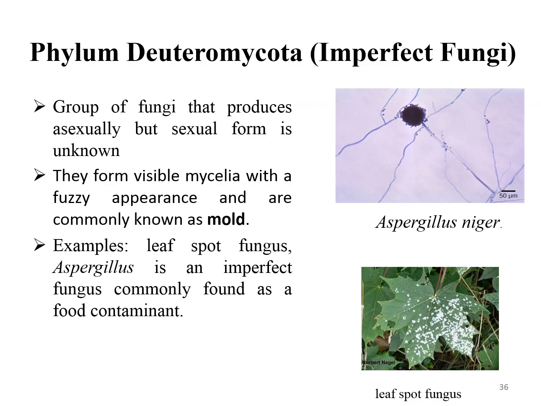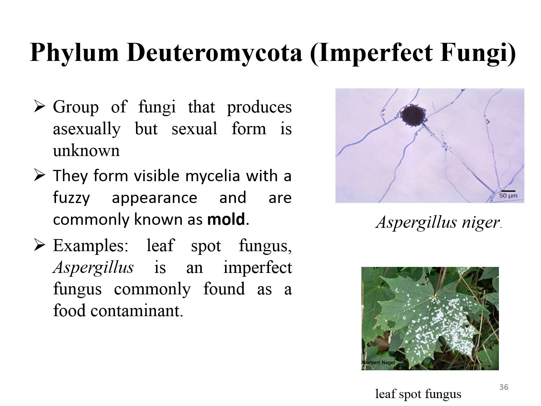The phylum Deuteromycota is also called imperfect fungi. Why is it called imperfect fungi? Because all fungi which have lost the ability to reproduce sexually, since they do not possess the sexual structures that are used to classify other fungi. If you can see in the picture, the spherical structure is called conidiophore.